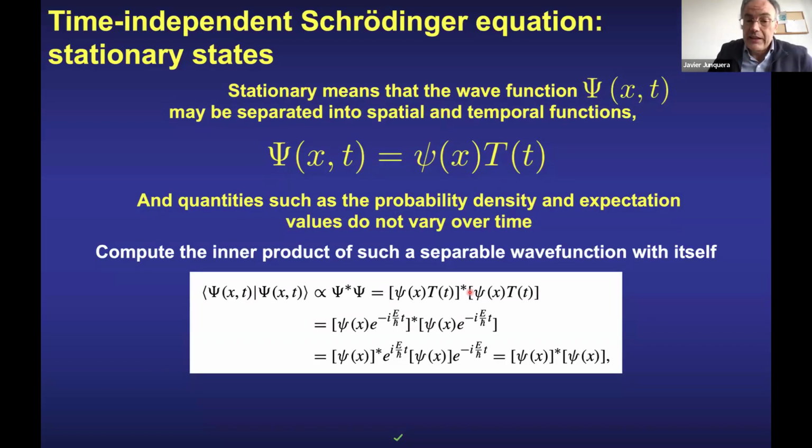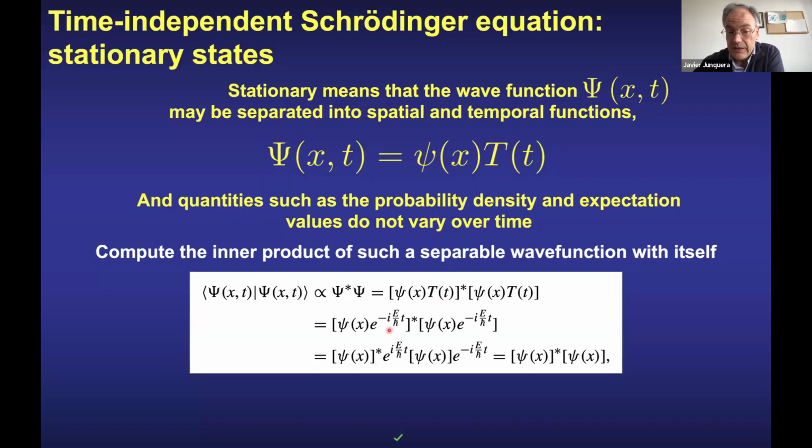Take, for instance, the case of the probability density. The probability density to find a particle in a given state is related to the modulo square of the wave function. And the modulo square of this wave function is just the product of the conjugate of the wave function times the wave function. So we take the conjugate times the wave function, and we can check how the part that is related with the solution for the temporal